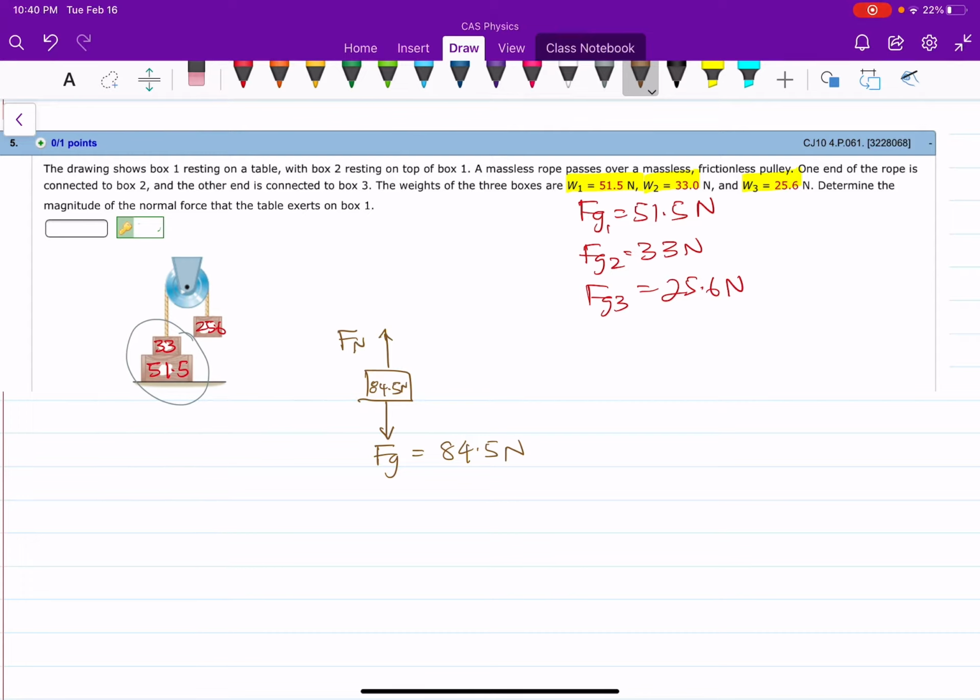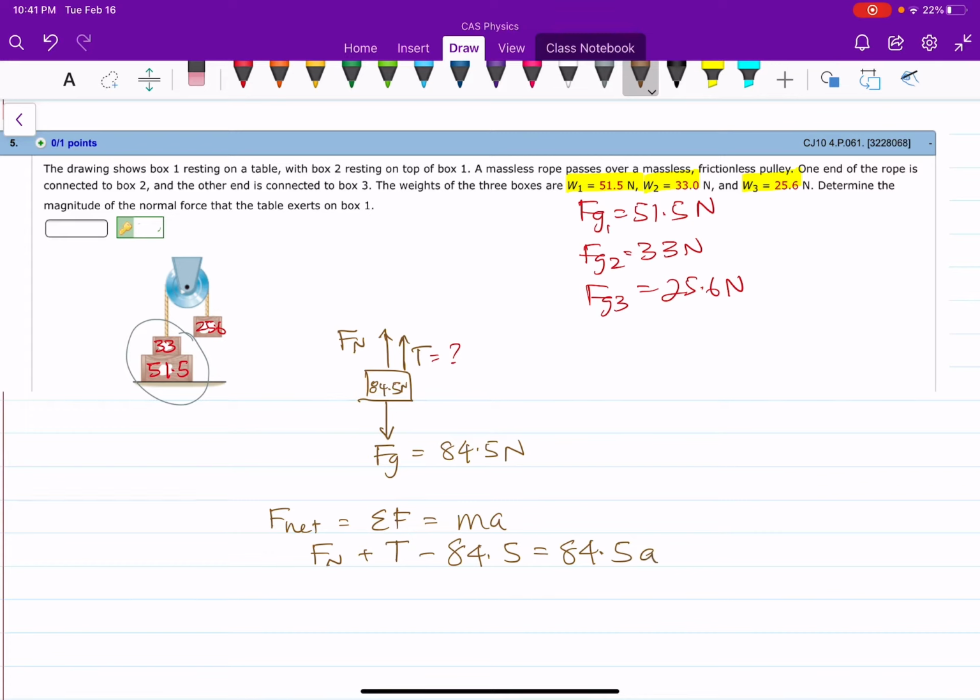And if there was nothing going on, the normal force would equal the force of gravity. But you do have something going on. You have this tension due to the 25.6 newton block. Okay, so in order to figure out what tension is, we want to know what this is, right? So that we can use it. What we're ultimately trying to do here is get an Fnet statement. Fnet equals the sum of the forces, which equals ma. The sum of the forces is going to be Fn plus T minus 84.5 equals